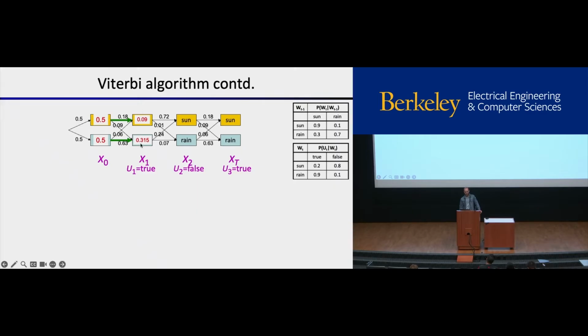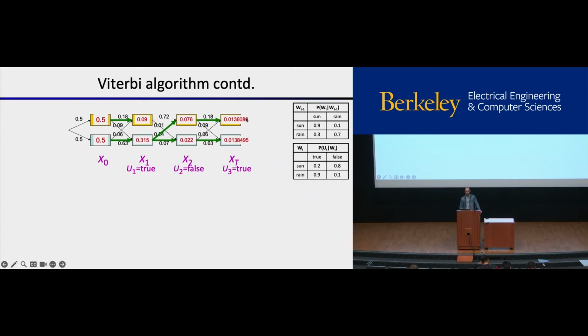And now here are our new numbers. They're not normalized. And now we go here and we want to see which path is the most likely way through there. And 0.09 times 0.72 is smaller than 0.135 times 0.24. So we use that arc. Same sort of question, and for this one, we use this arc. Update our values by the product of this and that, or this and that. Continue on to the next. There we go.